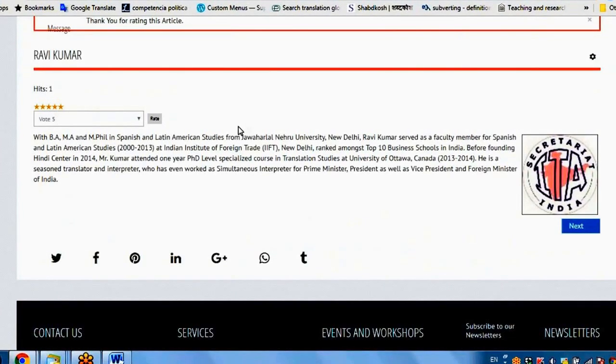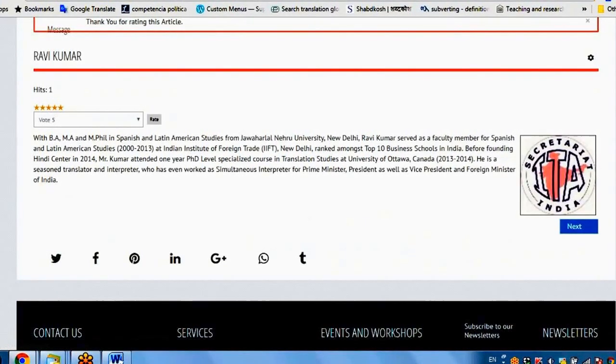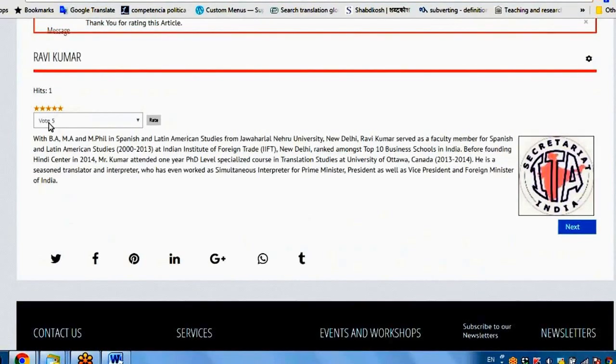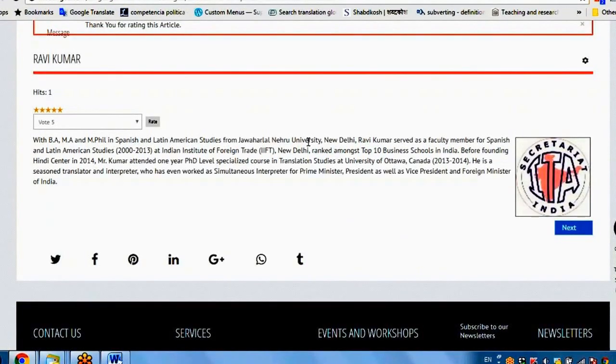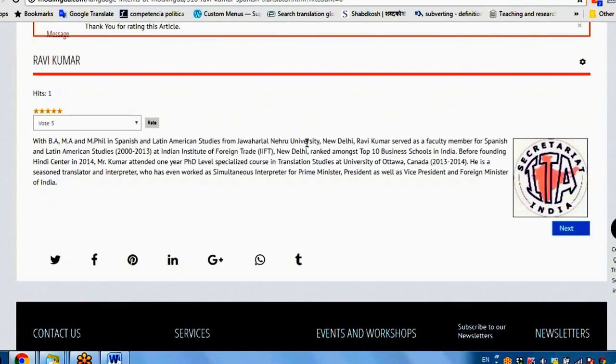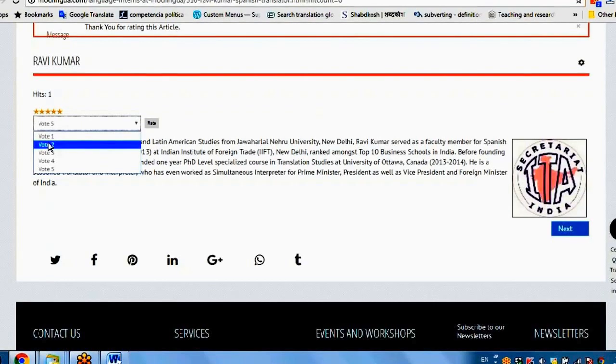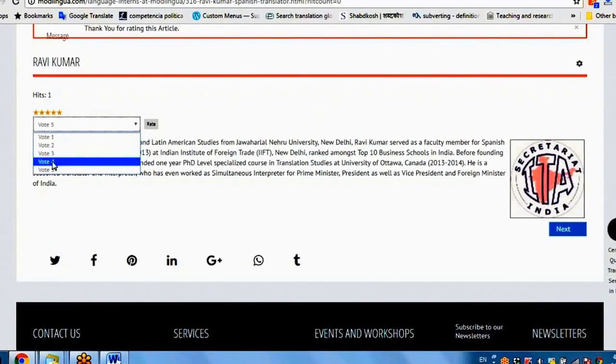That means this profile is sufficient enough to remain in our section of publicity for interns. Those interns who fail to satisfy quality standards that we adhere to, such articles will be given either vote 1 or 2 or 3. Minimum requirement is you must have at least 4.